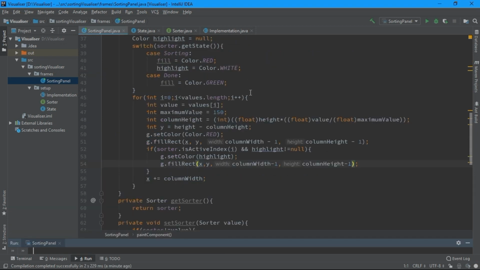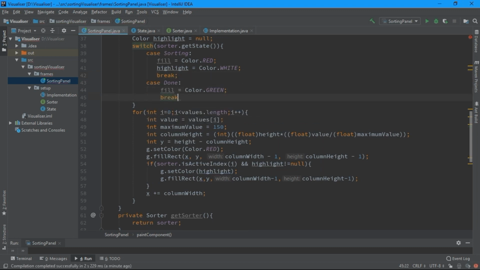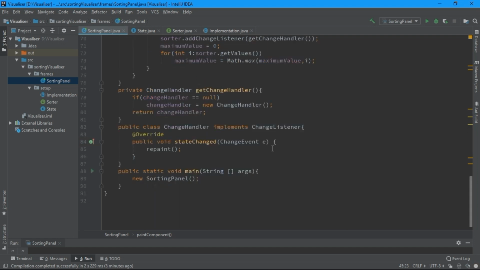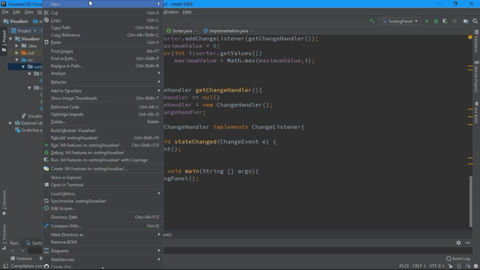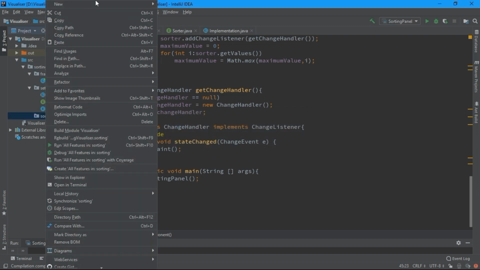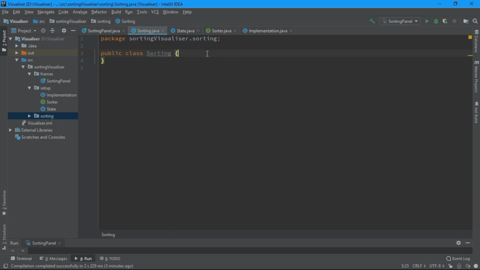Okay, so we are almost done. Let us help ourselves from the fall through condition and add breaks. Now we just need a generalized sorting method, in which we will pass a particular sorting algorithm and it would start running. So I'll create a new package here, called sort, and create a new class called Sorting. It would be the generalized sorting, and it would return me a randomized array. First of all, public static int values